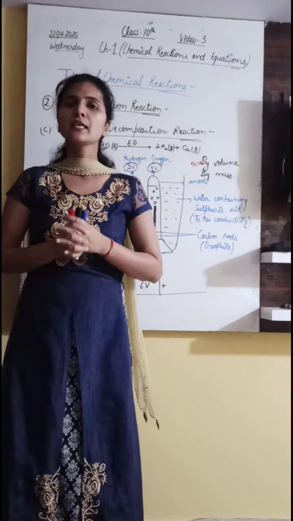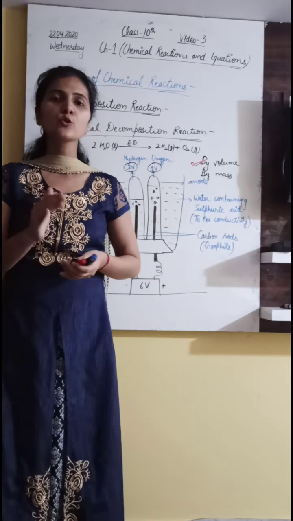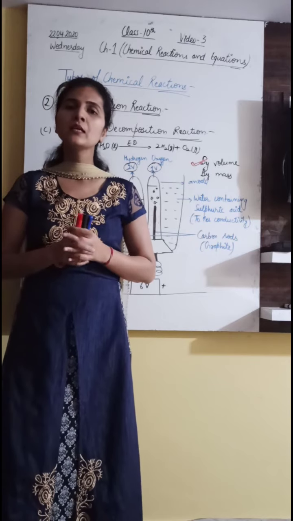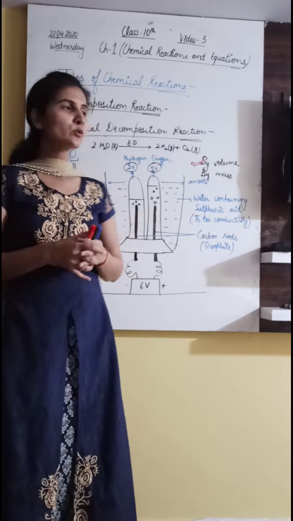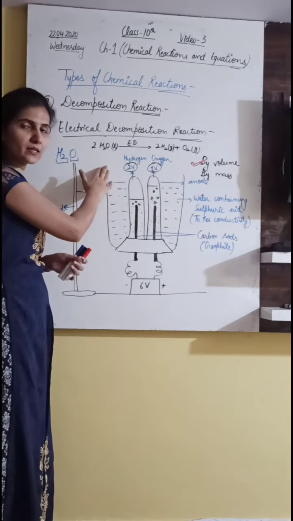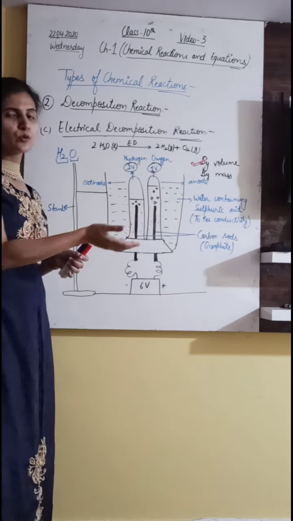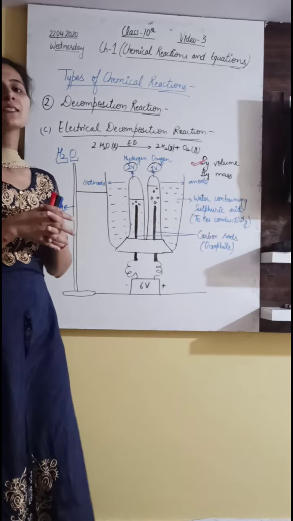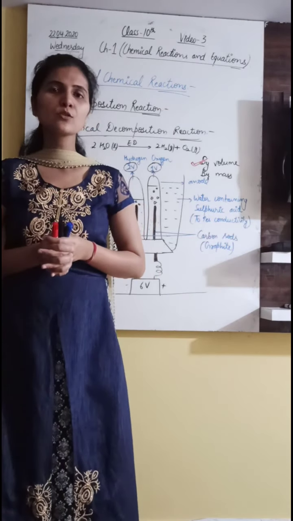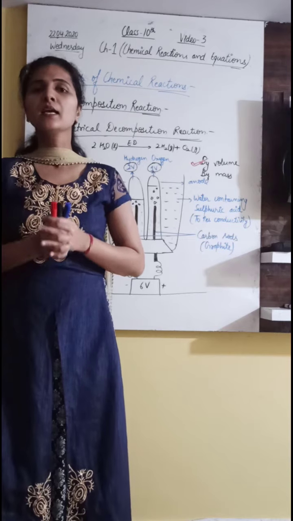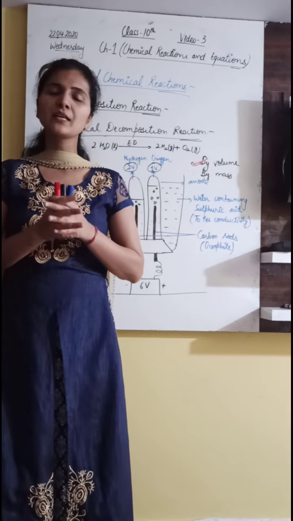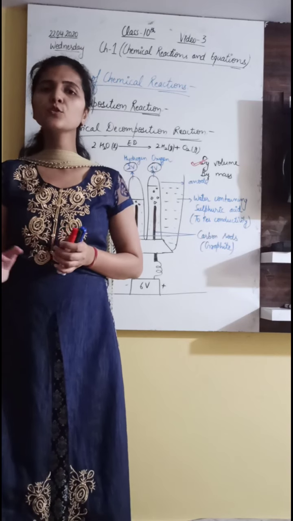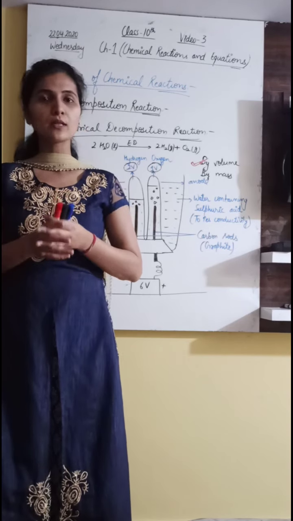I told you that in this chapter you have to learn 8 to 10 reactions in total. So this is one of the reactions from 8 to 10. The previous two reactions, which I earlier told you were important, you have to learn in this chapter. This is the first time you are going through the reaction. The first time you will face difficulty in writing or learning the equation, but beta, it's not a big deal. Till the end of the session you will be able to write all the reactions.